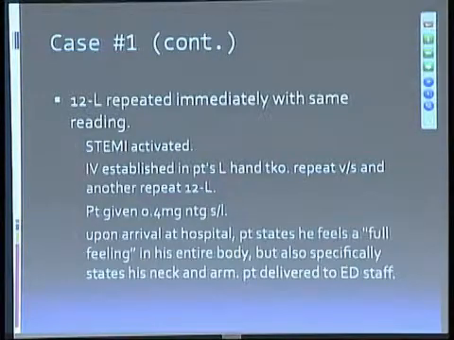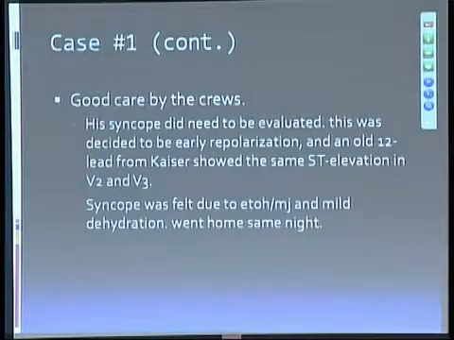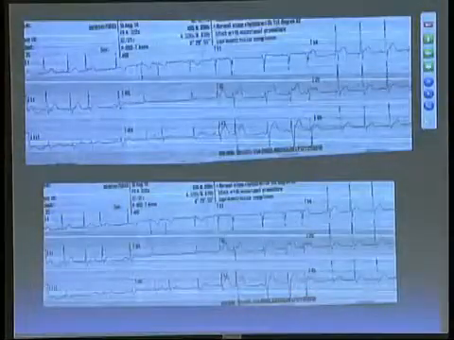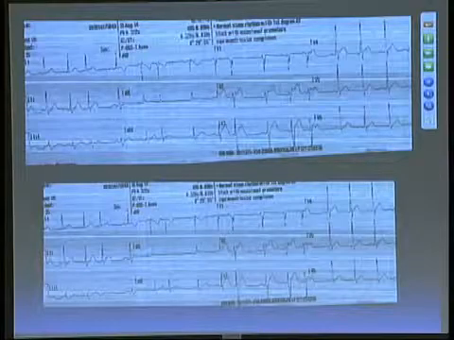IV, given nitro. At arrival at the hospital, the patient says he has a full feeling in his entire body, but also specifically states his neck and his arm, and he's delivered to the ED staff. Now, I think this was good care. This was an interesting thing, but if we go back to this one, this is actually a mimicker,